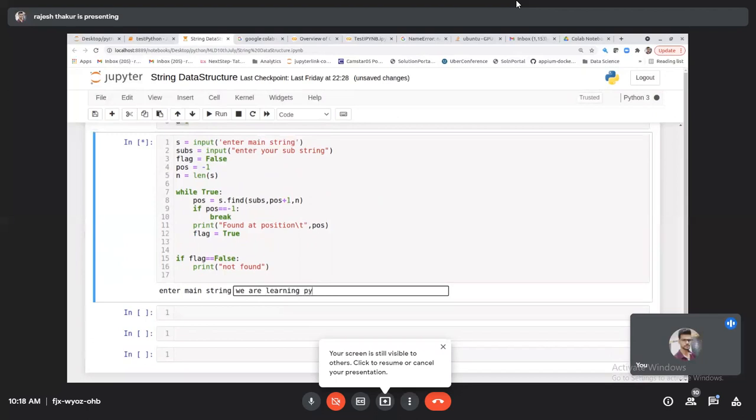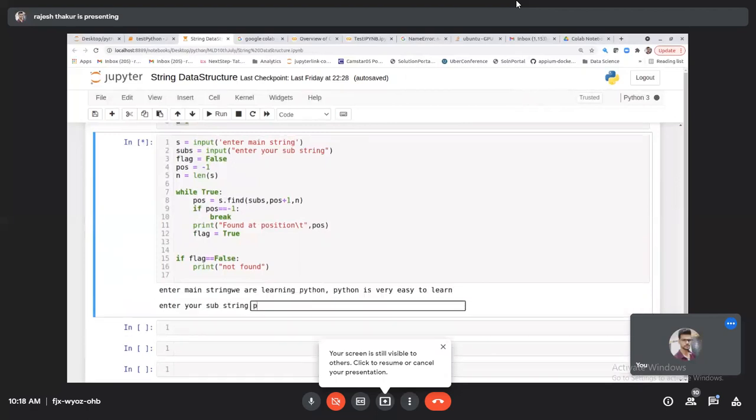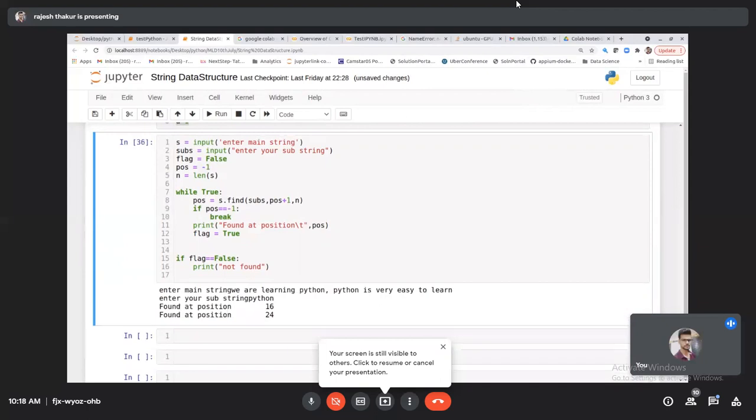How many want to see the debugging, how to debug your code? Would you like to see? And Python is very easy. Very easy to learn. Python. देख रहे हो, ये पहला मैचिंग नोड मुझे 16 पे मिला है, दूसरा मैचिंग नोड 24 पे मिला है।